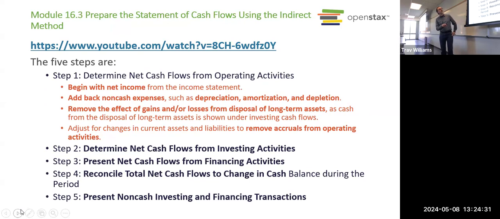Okay, so let's go through how you calculate cash flow from operations using the indirect method. There's an accounting stuff video on that accounting stuff page just about this. Again, we start with net income from the income statement, right? And then we have to make our adjustments. Things like depreciation, amortization, and depletion. Remember those from our long-term assets chapter?